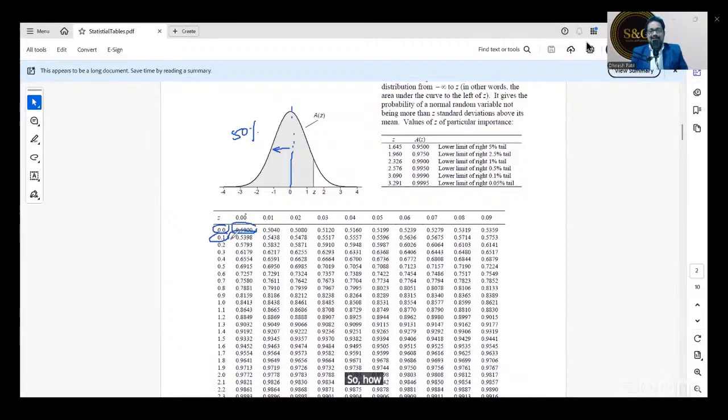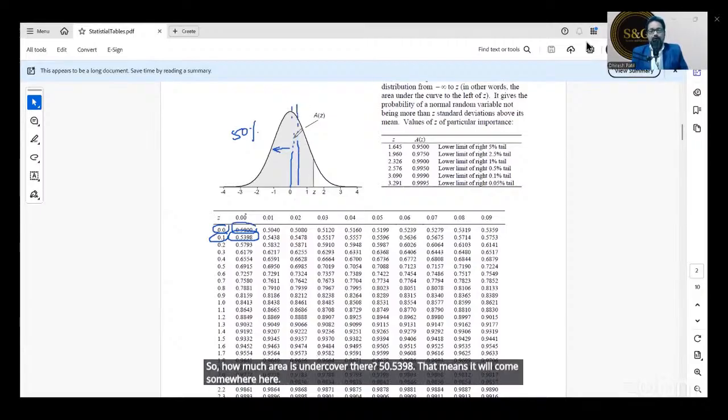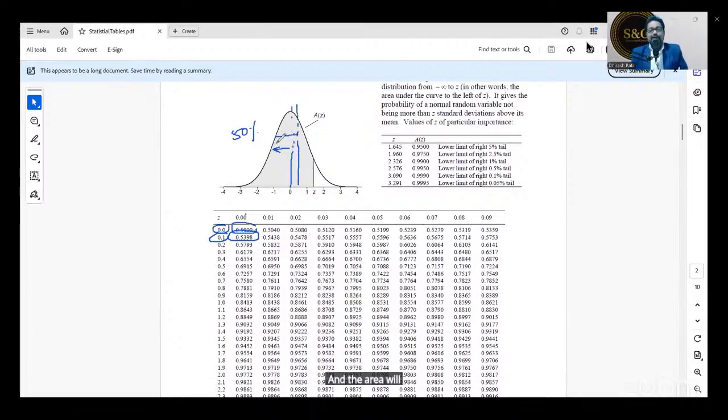How much area is covered? 0.5398, so it will come somewhere here, and the area will be around 53.9, almost 54%. I'll explain this, just try to understand. Now, what is our calculated z value?